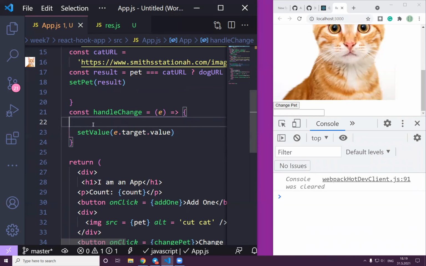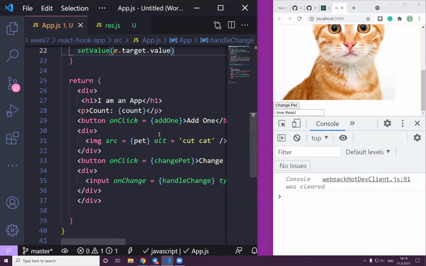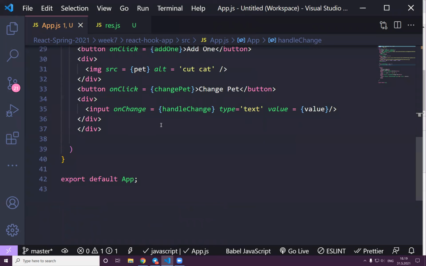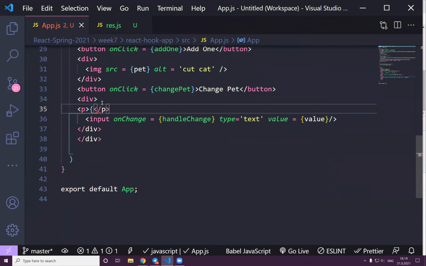After this, it will keep working. Now I will show you. I love React. And since we removed also the console, now the two-way data binding, for instance, if you want to see what we're writing, you can say p and value,